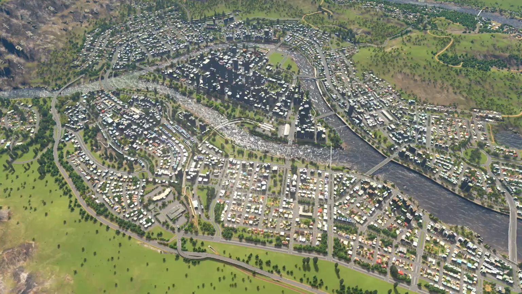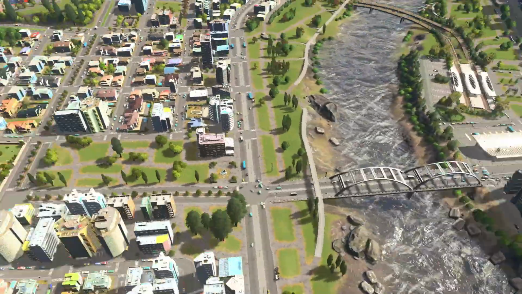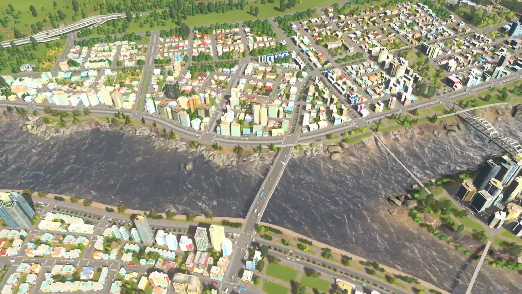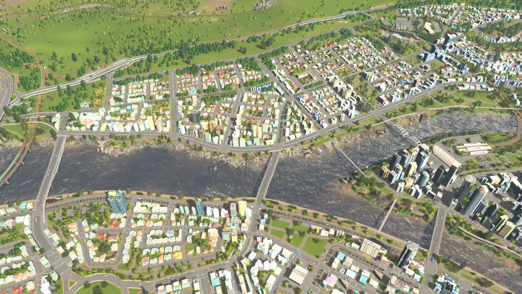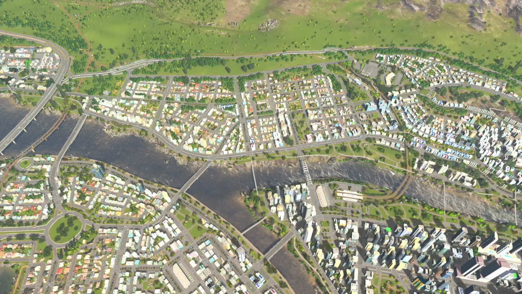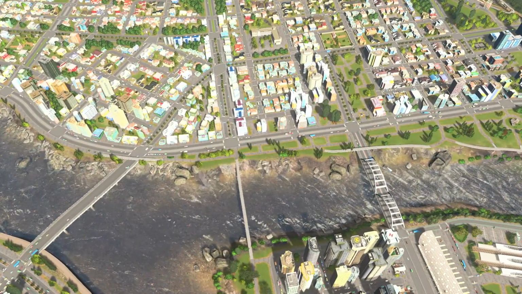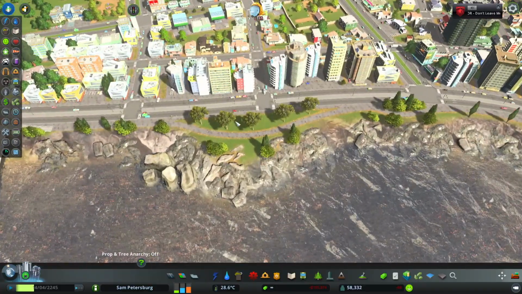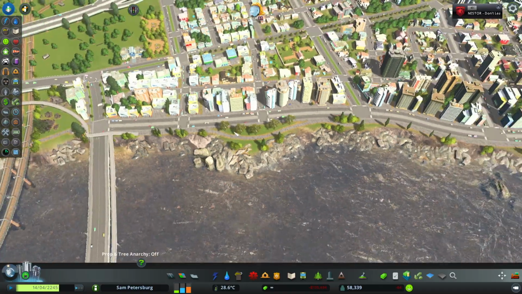So the first area I want to work on is this whole area along here. It's really busy in terms of bus use, so that is what I'm going to work on first. It's going to be split up into several different bus lines, train lines. So yeah, let's get into it. I will talk you guys through what I'm doing as we do it, so you can see what my thoughts are. Okay, so I was thinking I may end the tram line here, put a tram station here,